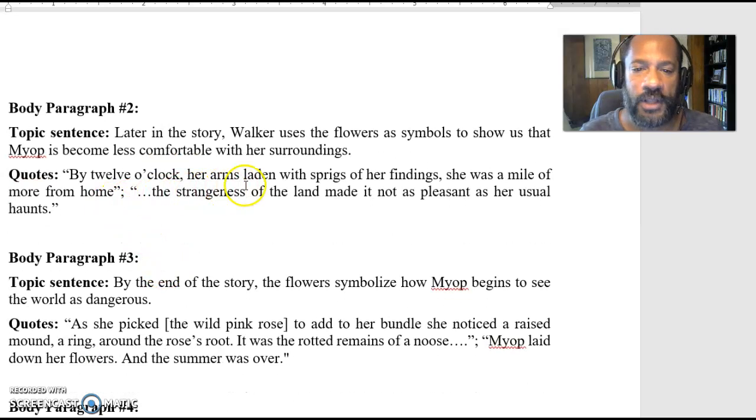And now we have, "By 12 o'clock her arms laden with sprigs of her findings. She was a mile or more from home." That's kind of scary. She's away from home. "The strangeness of the land made it not as pleasant as her usual haunts," right? So things are getting a little bit scary here, and we're still talking about those flowers. Her arms are filled with those sprigs of flowers, but things are starting to get a bit